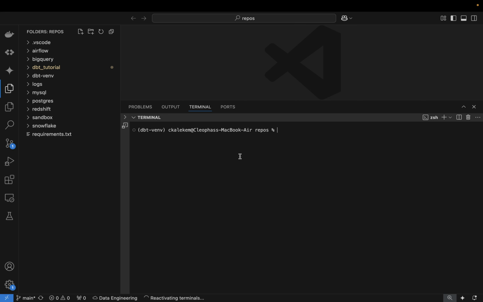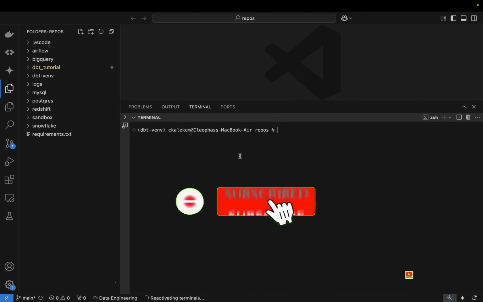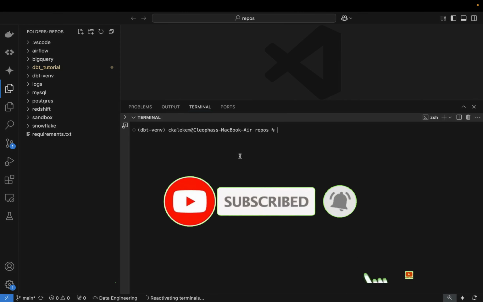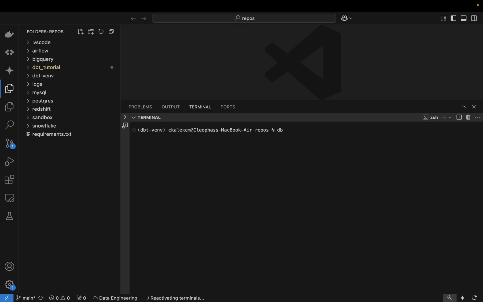So what is the next thing that we need to do? The next thing is to initialize our project to connect to the Postgres database. To do that, all you have to do is run this command, dbt init, and that is going to start the setup process. As you can see right here, it's asking you to enter the name for your project, and this one we are going to call dbt. Actually, we are going to call this one Postgres